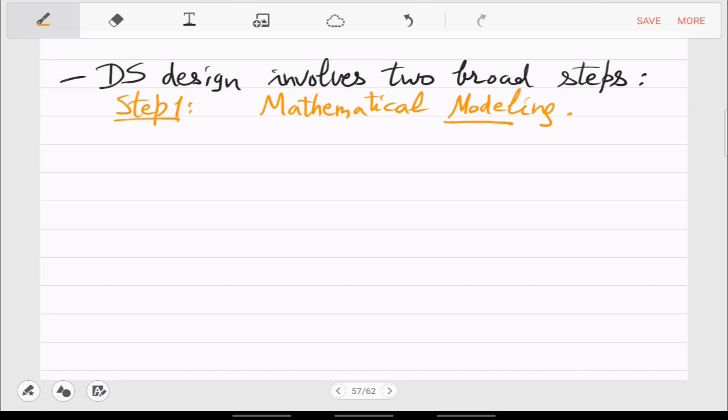And second part is, once this is the problem statement or the design statement, the design requirements, second will be to meet these requirements by an efficient implementation. So second part will be implementation.